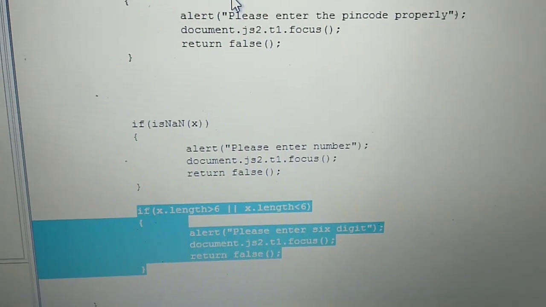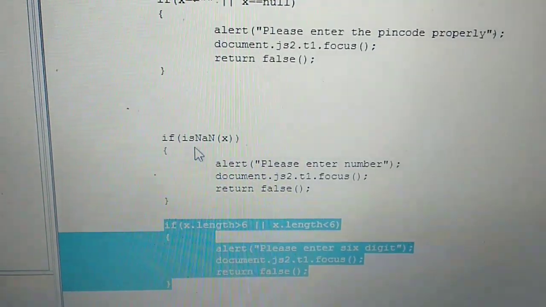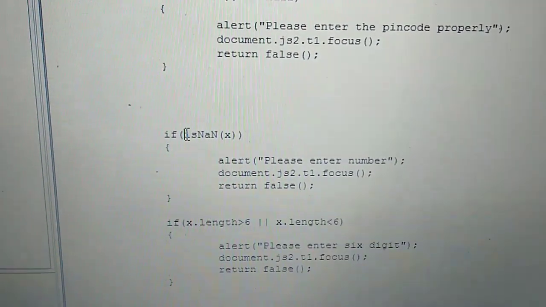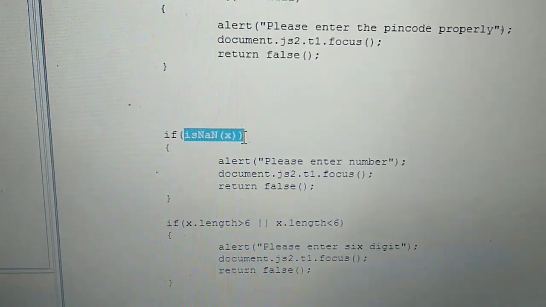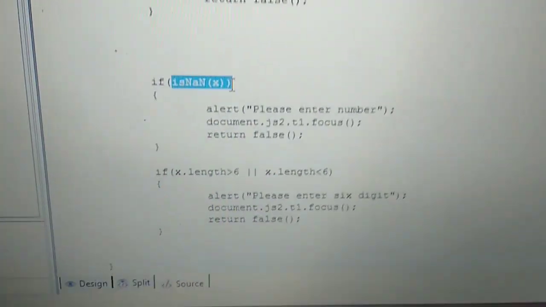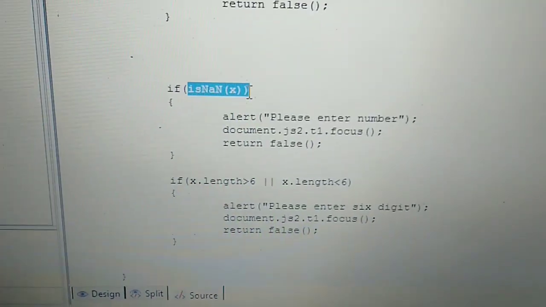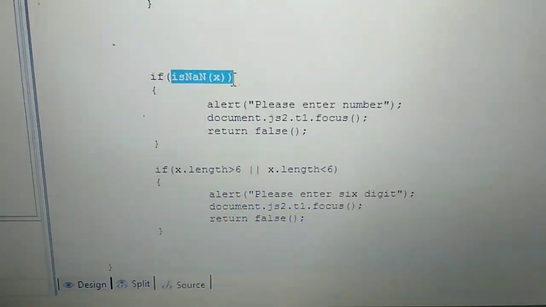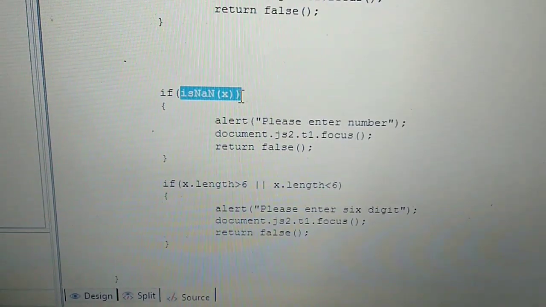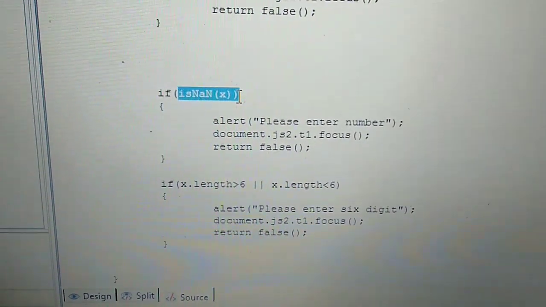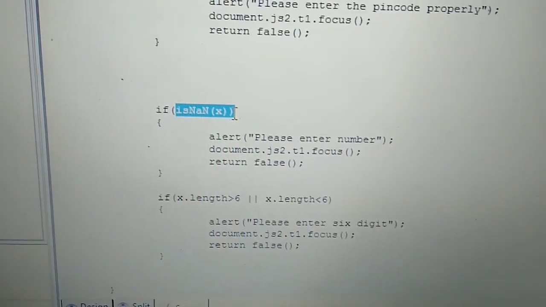Second, you have to compulsorily add a number. That's why you have to use the isNaN function. And third condition is you have to enter your pin code with exactly 6 digits. You can't enter less than 6. You can't enter more than 6.